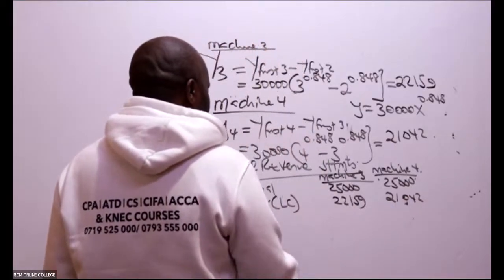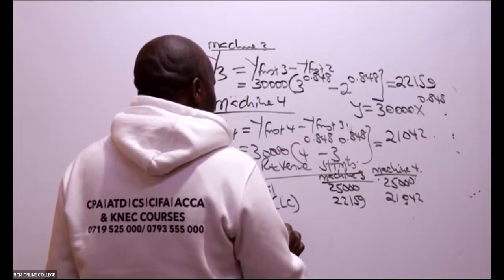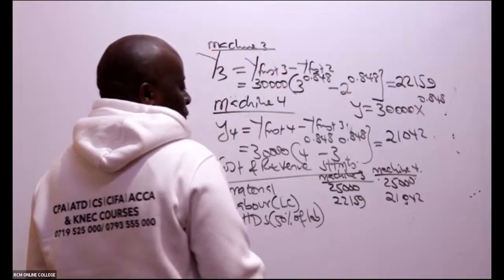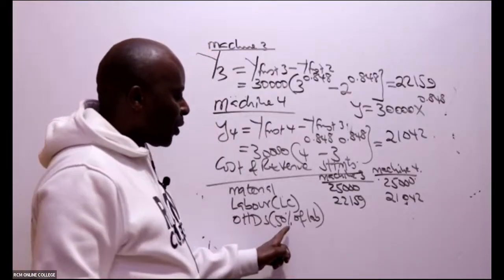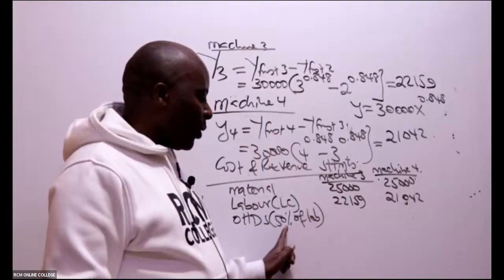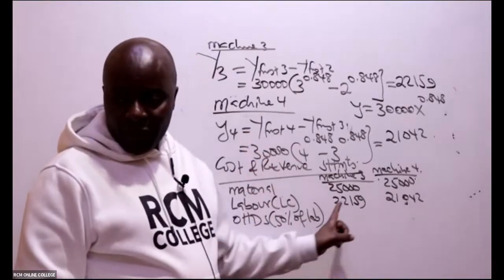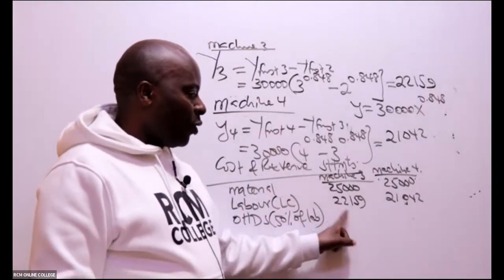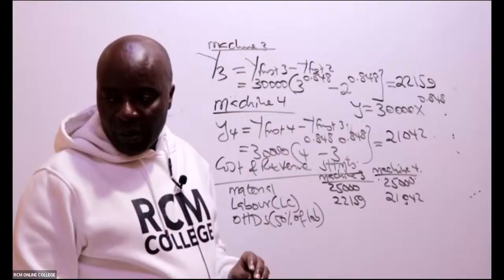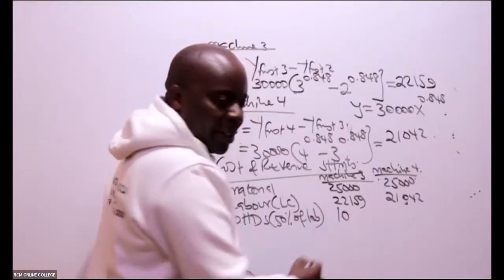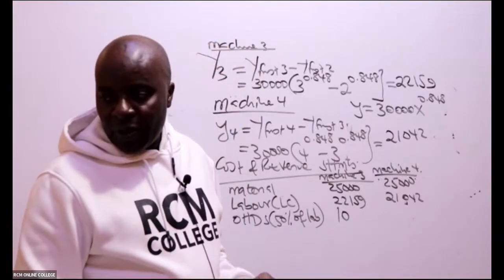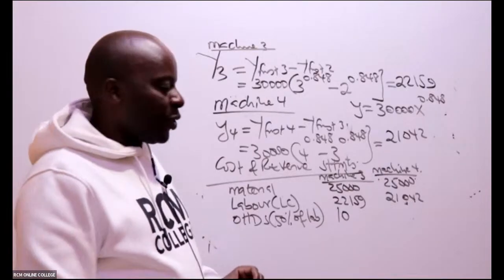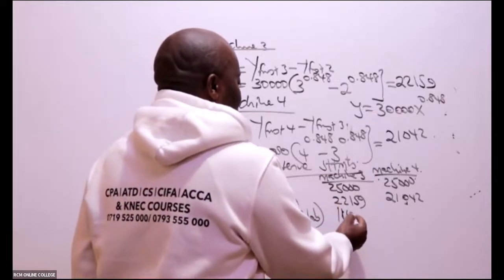And then, ladies and gentlemen, we have overheads. Remember overheads? Overheads was 50% of labor. So just give me a whole number. Could you kindly give me 50% of this, 0.5 of this? Because overheads is 50% of labor. So Abuto, 11,080. Yeah, it will be 11,080. Check again, Abuto. 11,080.